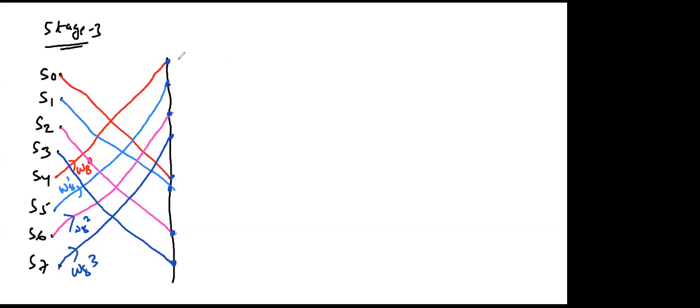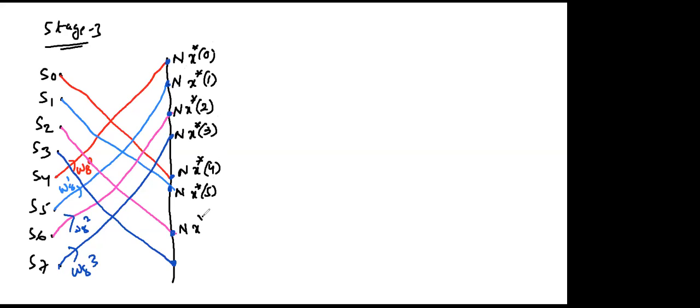Okay, I'm writing now. See, capital N, this is your X conjugate 0. Capital N X conjugate. This is very important. Don't make a mistake. If you make a mistake in input and output, then everything is over. X conjugate 3, N X conjugate 4, and N means 8 here. X conjugate 5, X conjugate 6 and X conjugate 7. Okay. Now we will write the equations.